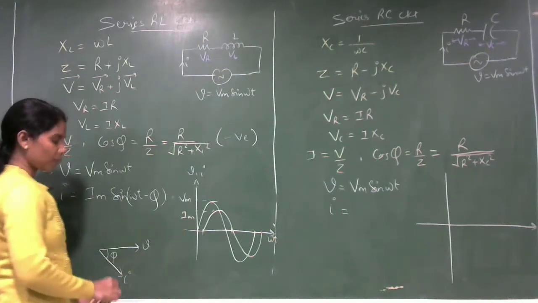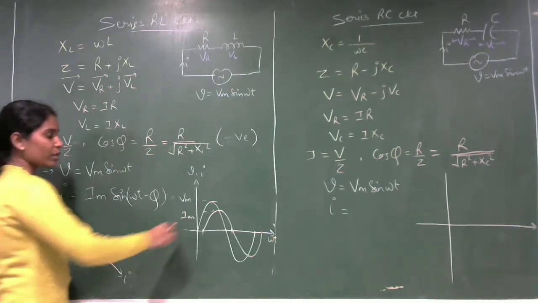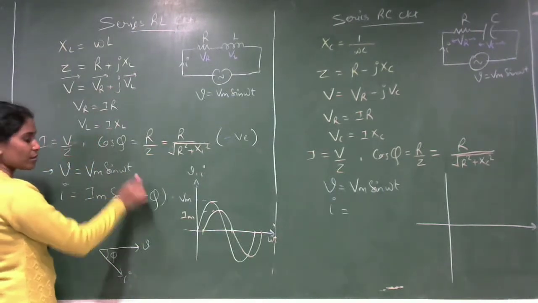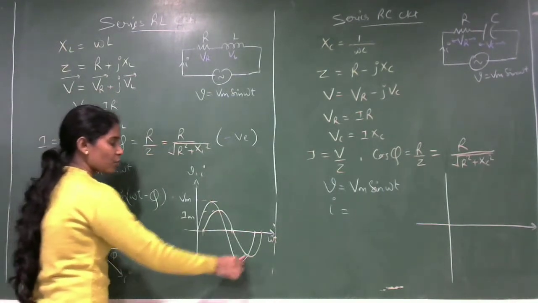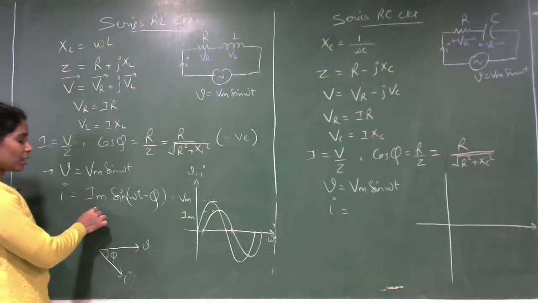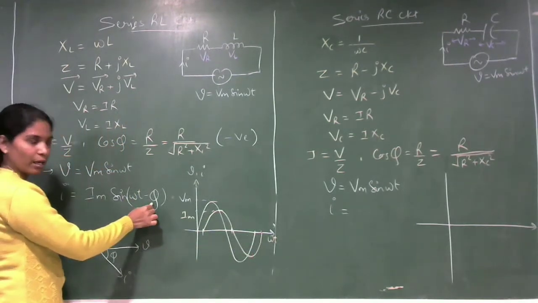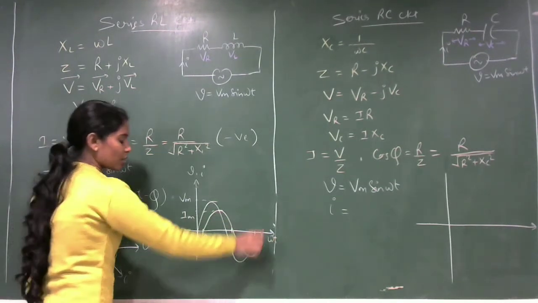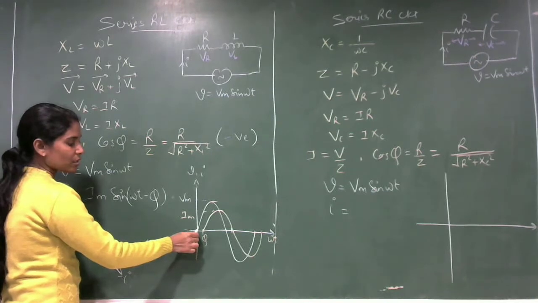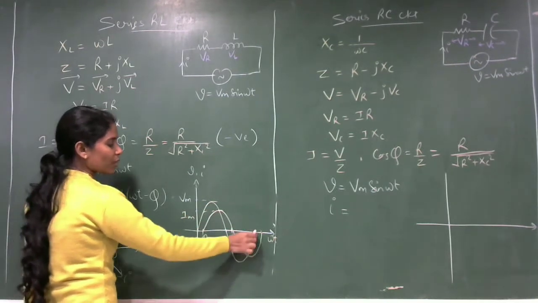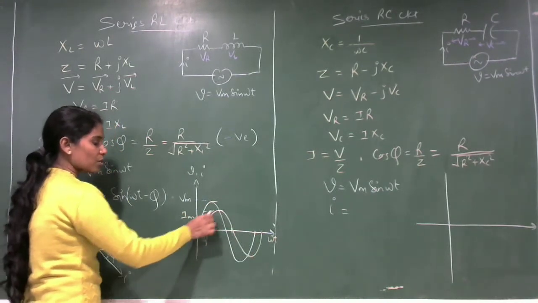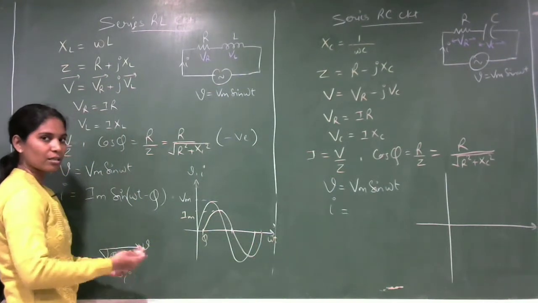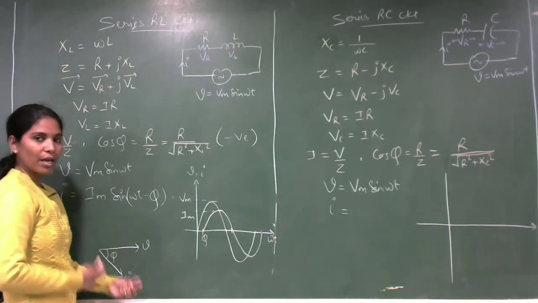This is the curve I have represented here, the voltage curve, starting at 0 degrees because we have taken it as reference. After that, the current curve starts with the angle phi. Voltage starts first and completes first, and after that the current starts and completes after it. That means the current is lagging, the current is behind the voltage. That is called the lagging nature.